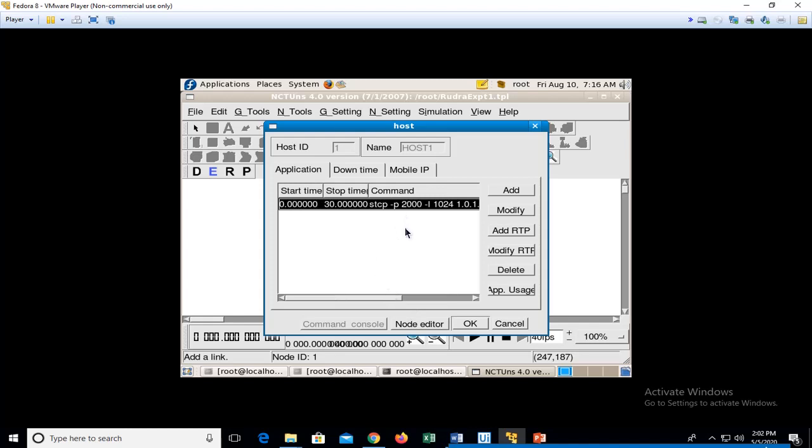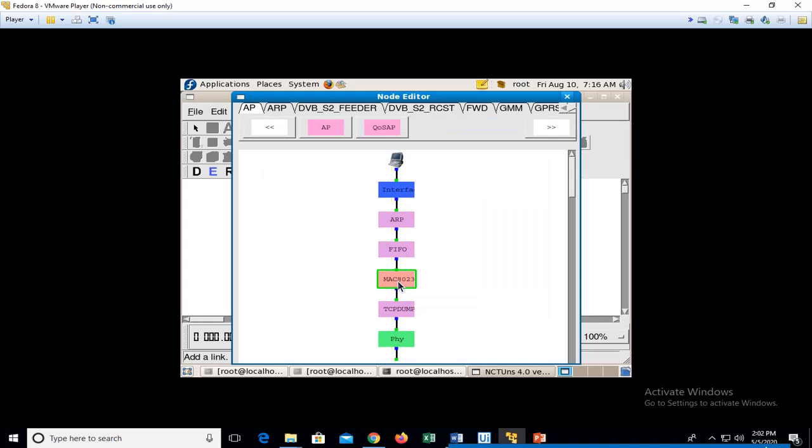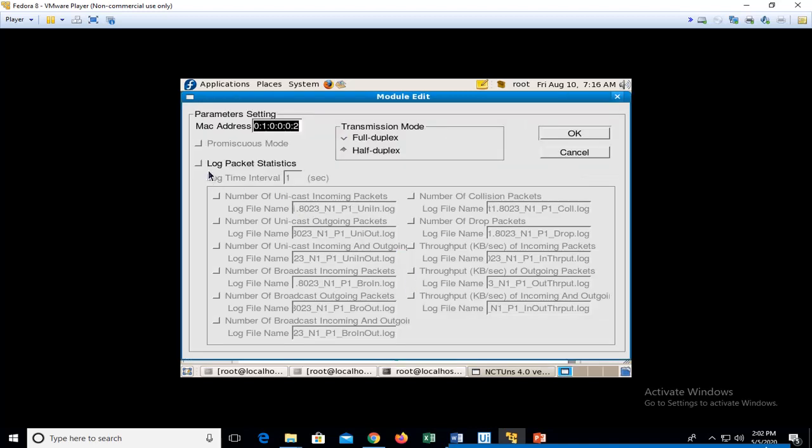Now in order to log the characteristics or the statistical analysis, I have to keep track of those things. To do that, I can go to node editor. In this, select MAC 802.3, double click that. Since I want it to be full duplex, select full duplex.